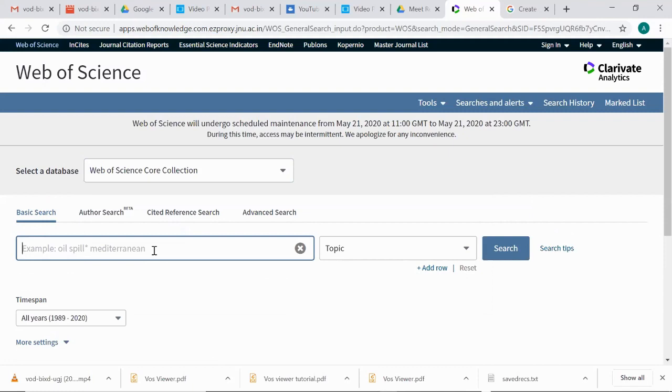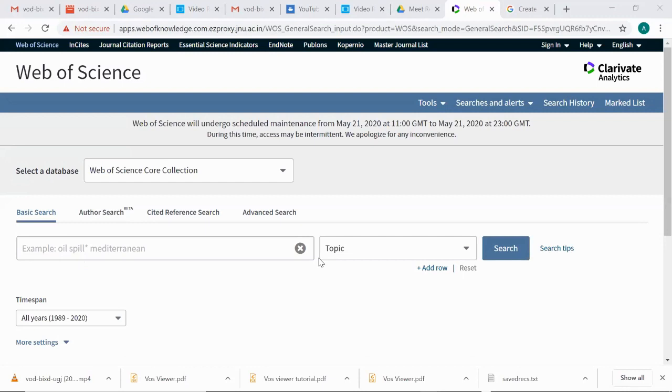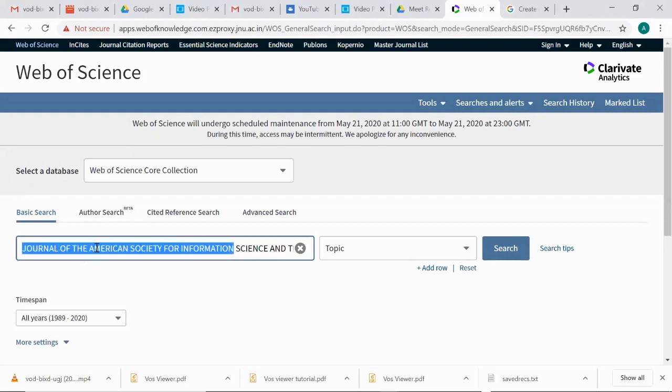So for this VOSviewer analysis, we will do a sample search. We will download the data of a particular journal, the Journal of the American Society for Information Science and Technology. This is just an example. I am going to analyze the research productivity of this particular journal.